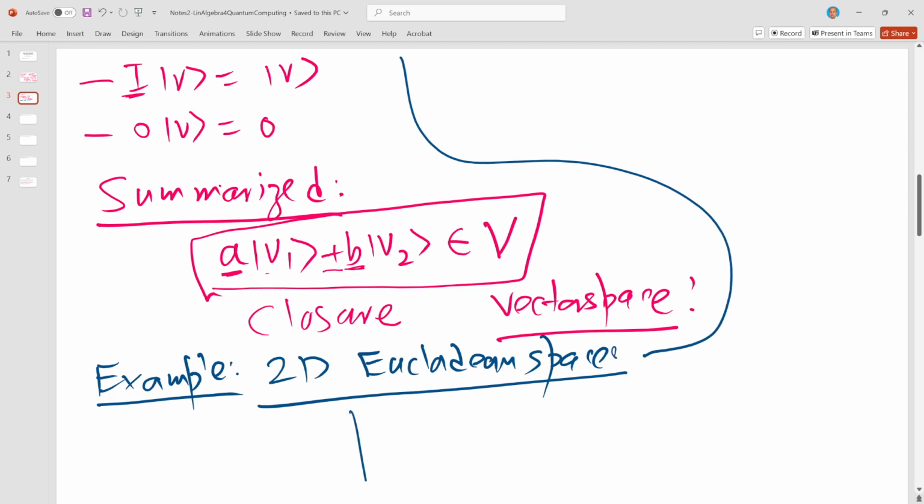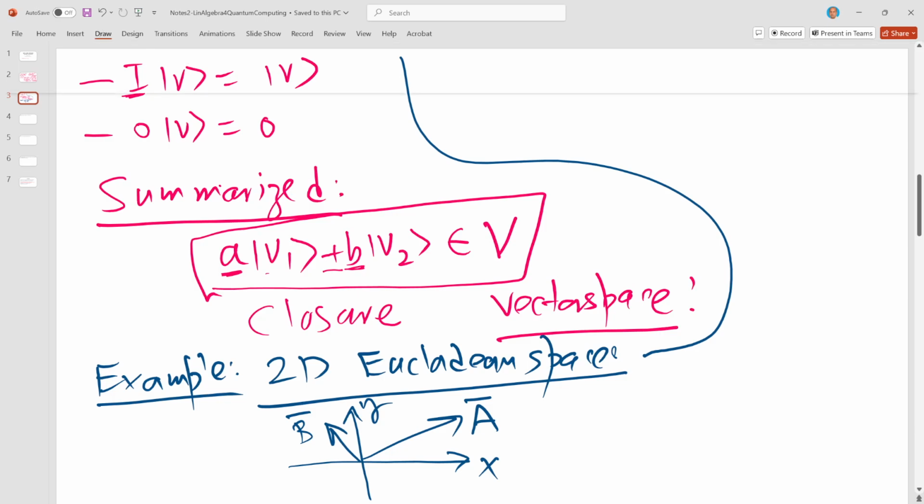So this is the x-axis, this is the y-axis. For any vector a in this space and any other vector b, we can easily see that if we define the addition of these vectors in the usual way, and let's define our set of vectors as all the vectors in this 2D space,